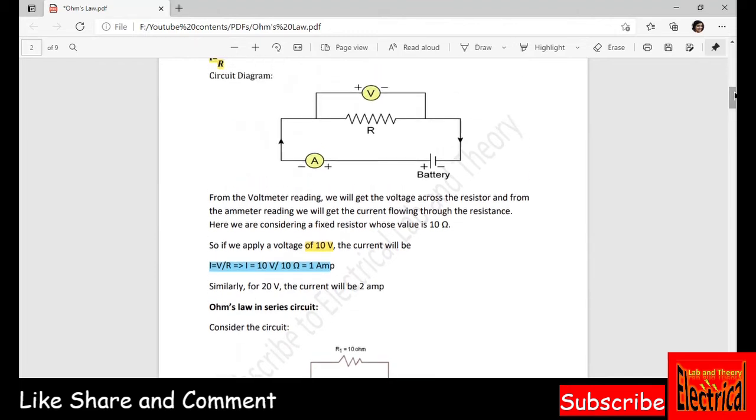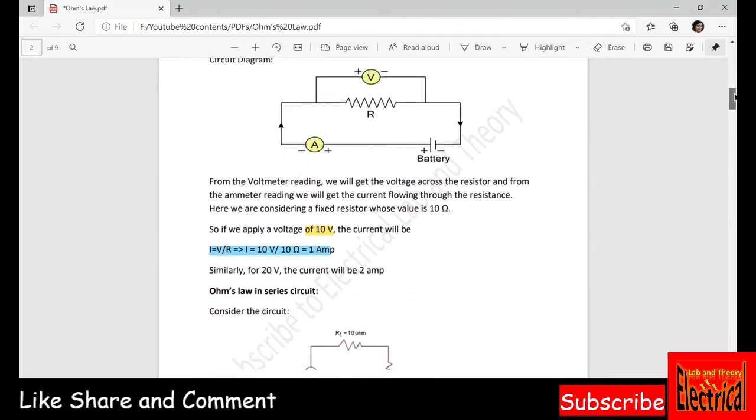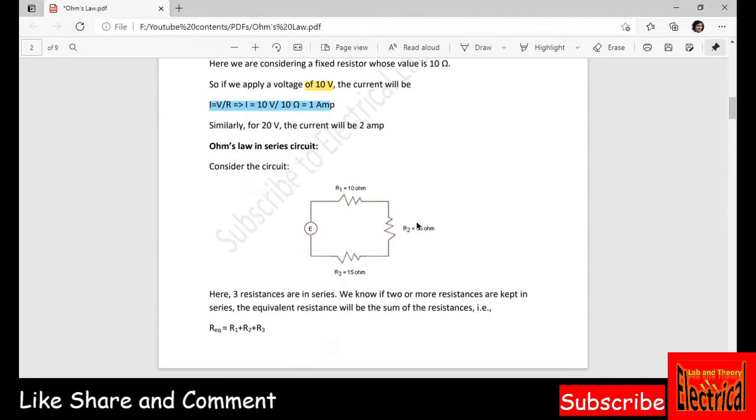So this was for a simple circuit. If there are two resistances or three resistances, say I have taken three resistances in series, what happens in this circuit? We know that the voltage gets divided into three parts according to the resistance values, and the current in the total path is equal, right? And we also know how to calculate the equivalent resistance, right? In case of series connected resistances, the total resistance will be the sum of the three resistances.